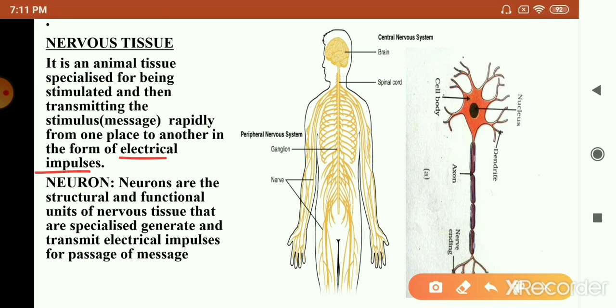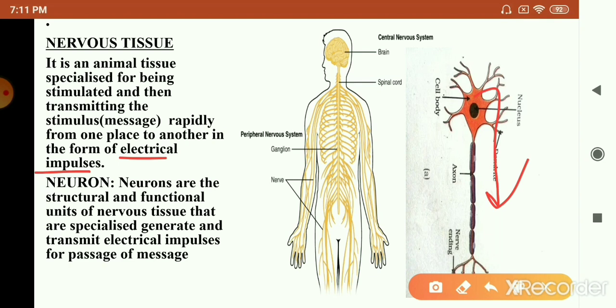Suppose you have to move your muscles. For moving a muscle, when the command is given from the brain, this command will be taken by the neuron or the nerve cell, or you can say the nervous tissue, quickly to the muscle fiber. And once the muscle fiber gets the command, it starts contracting. How it happens, you'll be learning in your class 10. So contraction of the muscle fiber occurs and then finally a response is shown in the form of movement.